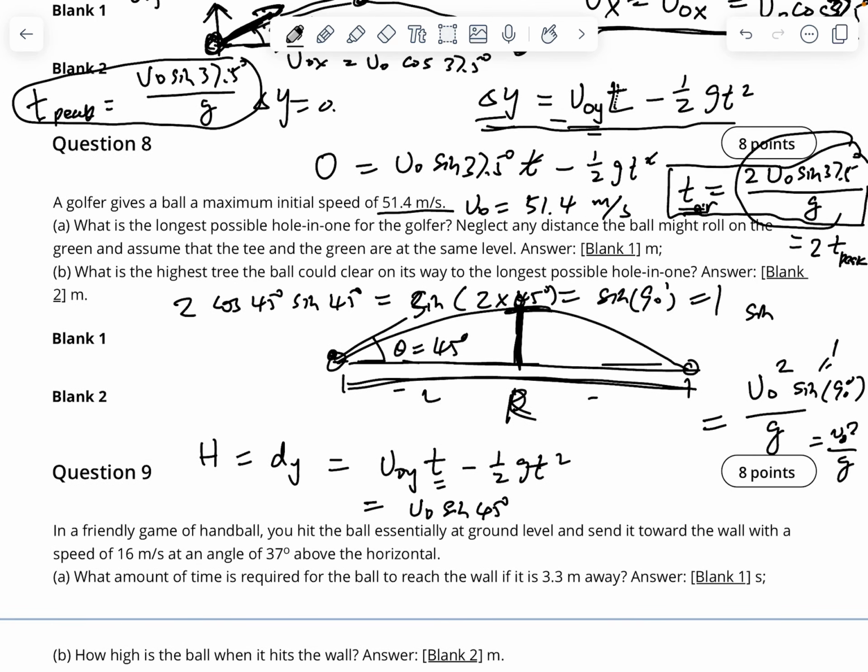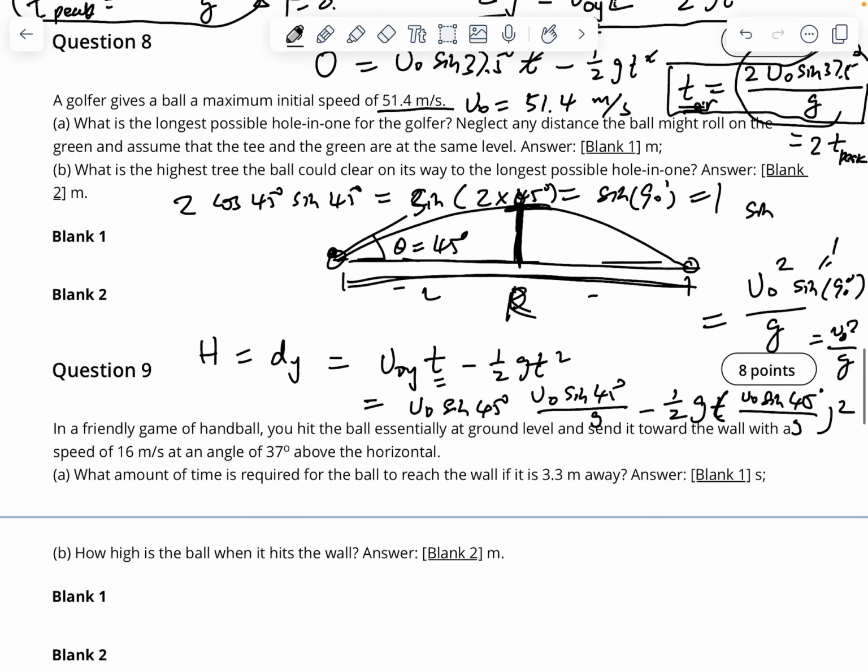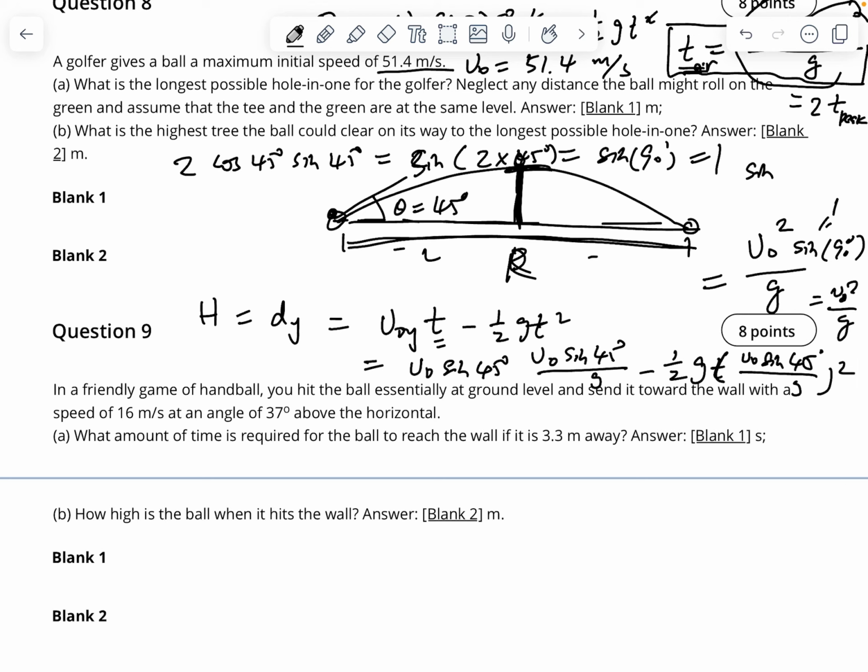So this is v naught sine 45 divided by g. That's the t, the time to reach the peak, minus half g t, where t is v naught sine 45 divided by g, squared. And in class, we'll also show you what this is, right? What is